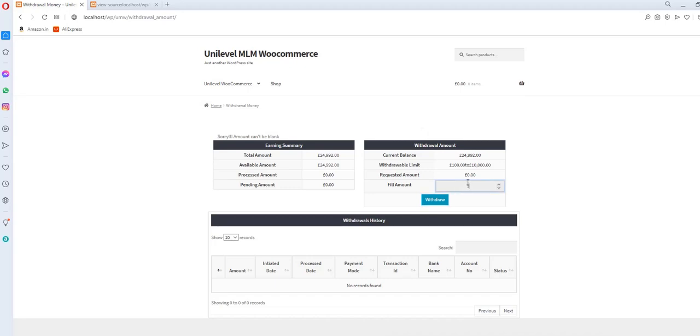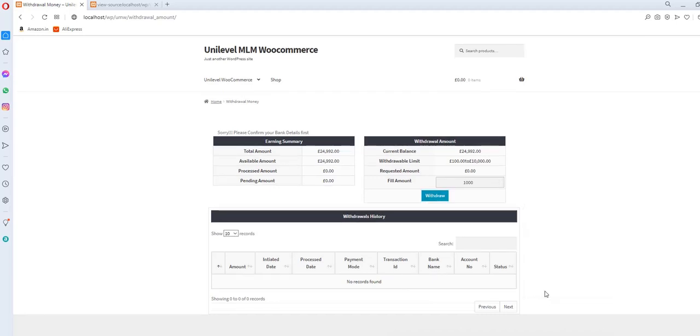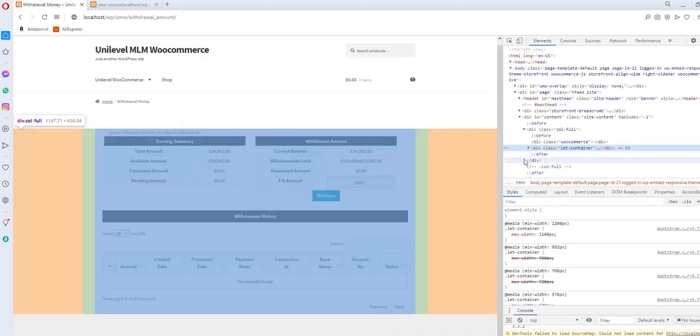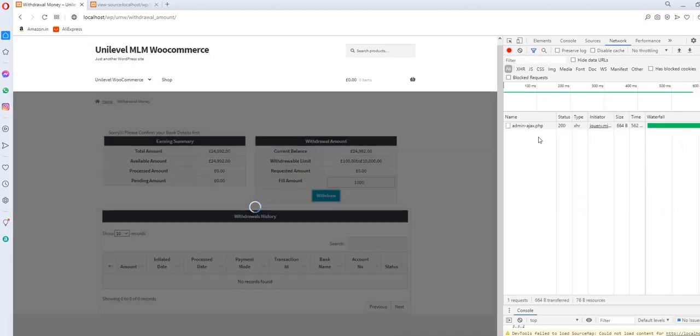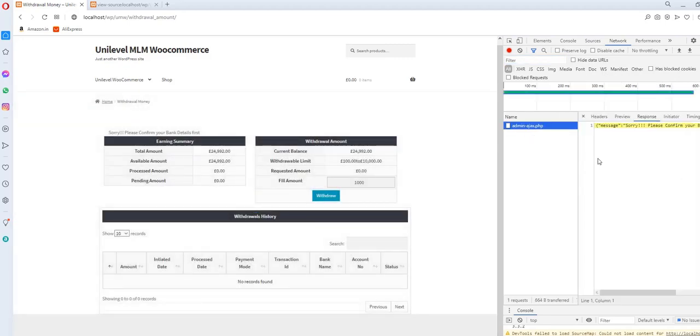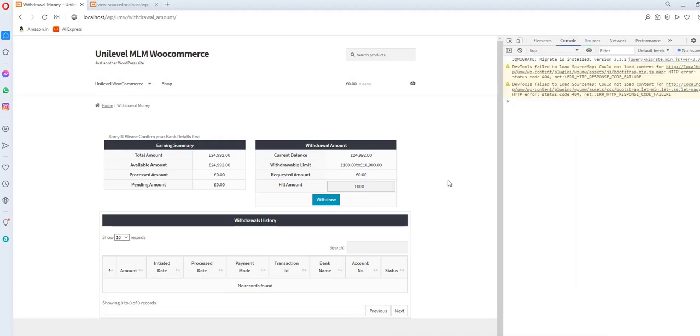If we come like that, then suppose whatever the amount is, if I click here, here is the message, sorry, please confirm your bank detail, etc. It may be that due to some errors it is not displaying here.